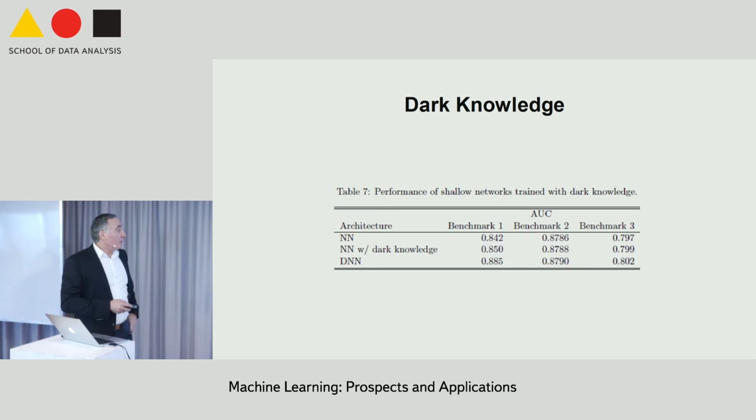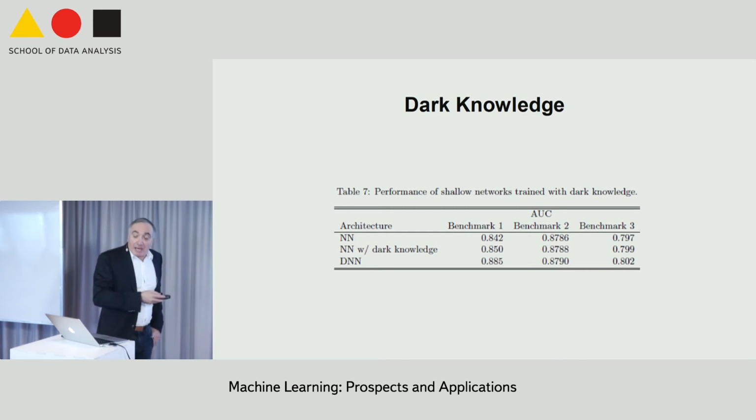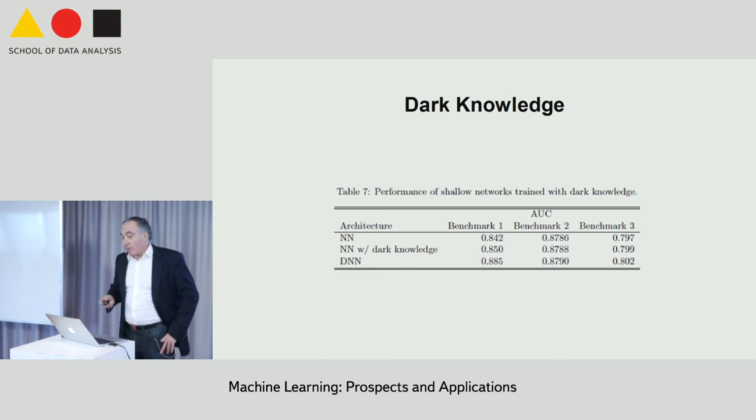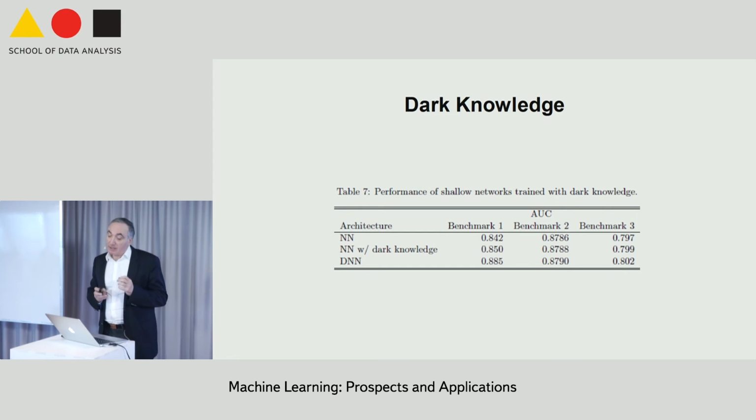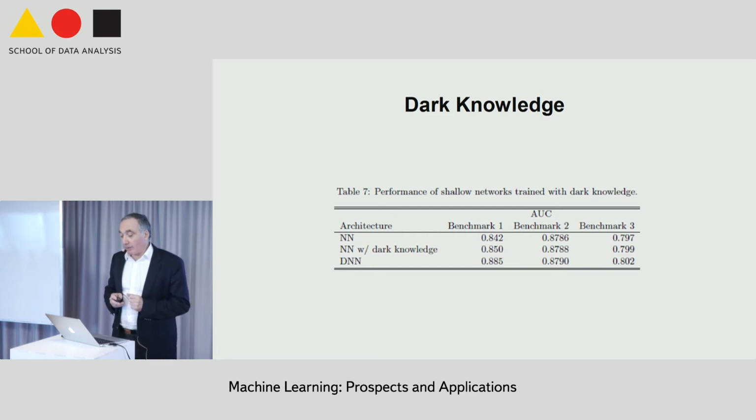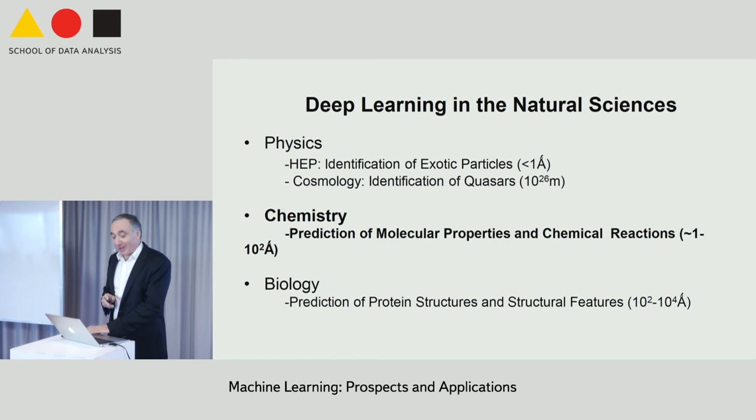So doing these experiments, for instance applied to the Higgs boson case, you can see that the raw shallow neural network does 84. Whereas if you train the deep network and then use that to train the shallow one, we do improve the shallow network to 85, but we cannot bring it to 88. So at least in this example, and we have seen this in other cases, this dark knowledge trick for training shallow networks is very useful, but it's definitely not as good as the deep neural network. And of course, it gives a nice paper because you can put dark knowledge and dark matter together, although they have nothing to do with each other.